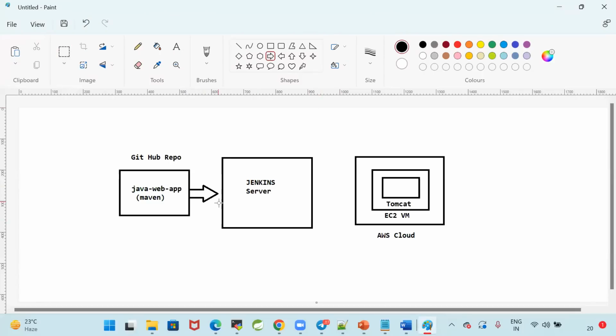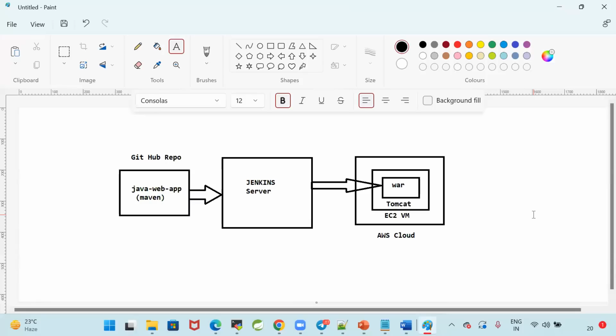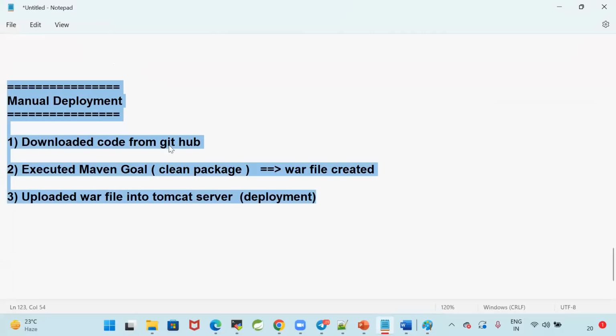My Jenkins will take the code from GitHub. My Jenkins will deploy the code to Tomcat. So in the Tomcat, I will deploy my WAR file. That is called automation. Whatever work we have done manually, the manual deployment, can be automated